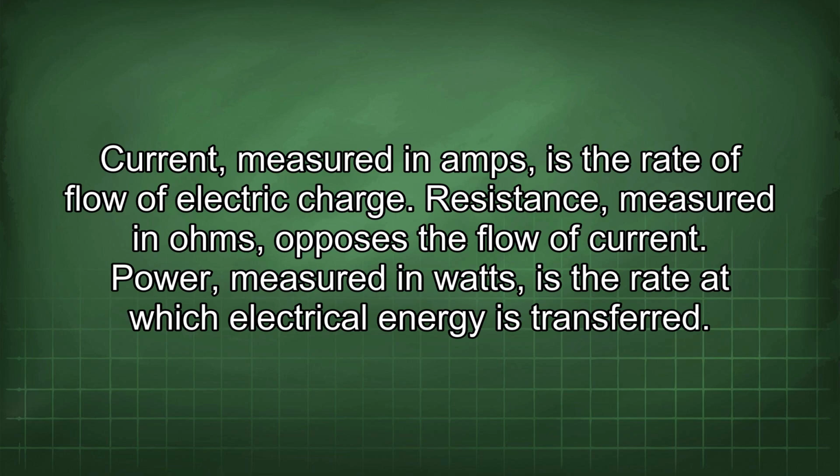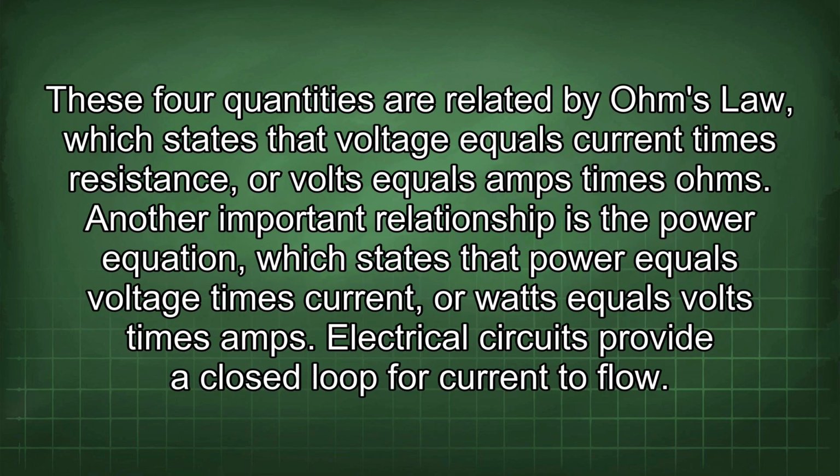Resistance, measured in ohms, opposes the flow of current. Power, measured in watts, is the rate at which electrical energy is transferred. These four quantities are related by Ohm's law, which states that voltage equals current times resistance, or volts equals amps times ohms. Another important relationship is the power equation, which states that power equals voltage times current, or watts equals